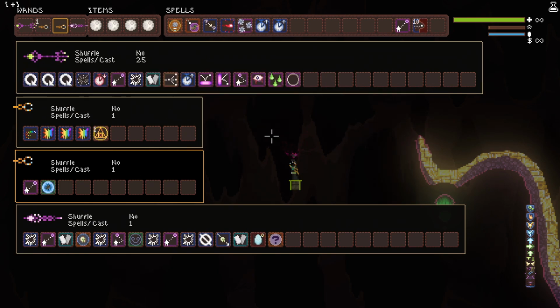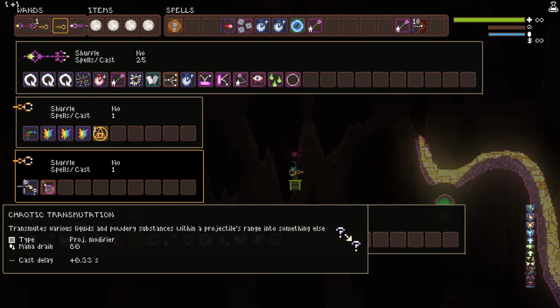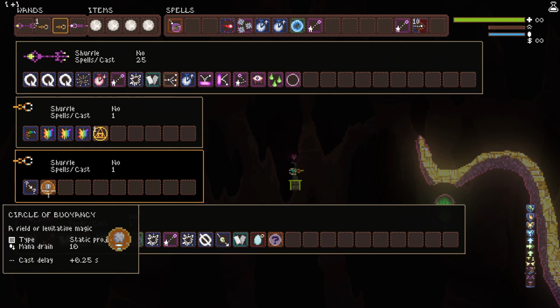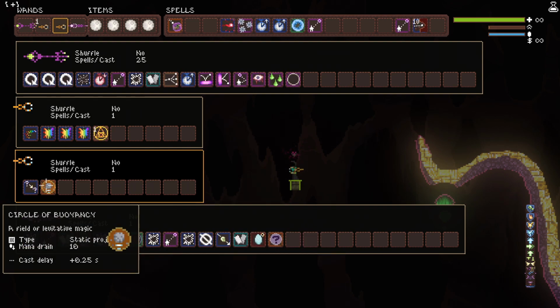Obviously you'd fire this off real quick and then see what the liquid was or what the powder was. But the problem with this right here is that when you have something on the field itself, it no longer works the way it's supposed to. So this right here only reads chaotic transmutation. This does not have its normal properties, and same with buoyancy. So buoyancy, you can still move your character around, but it no longer affects projectiles,